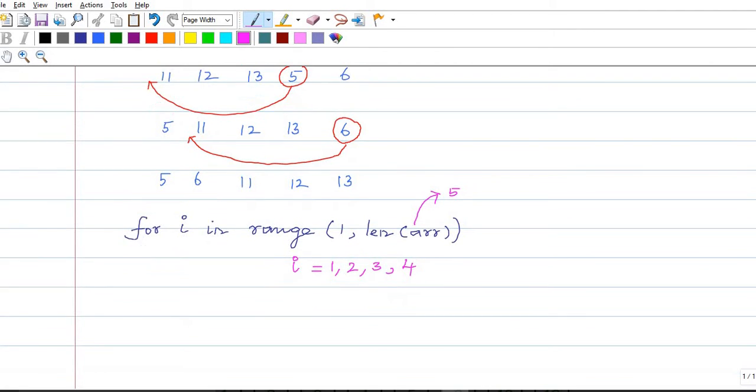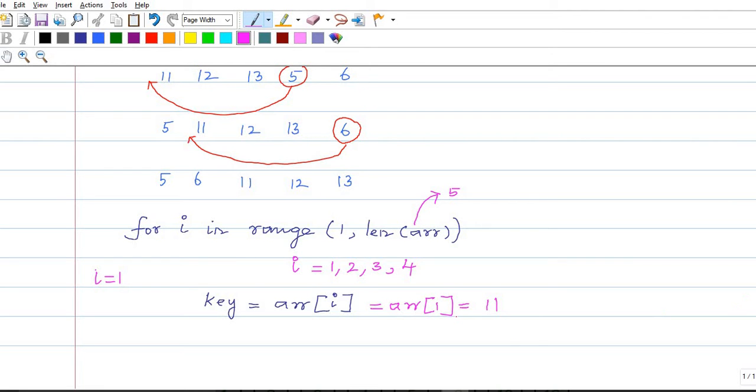Then the next line of the code: key is equal to arr[i]. So let us start with the first index, i equal to 1. This is arr[1], and arr[1] is 11.